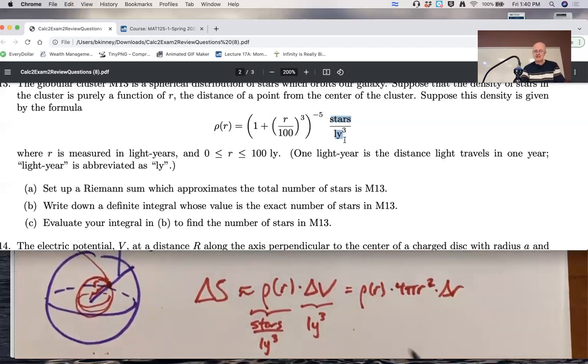And essentially, this thing, by letting delta R go to 0, becomes the function that you integrate from